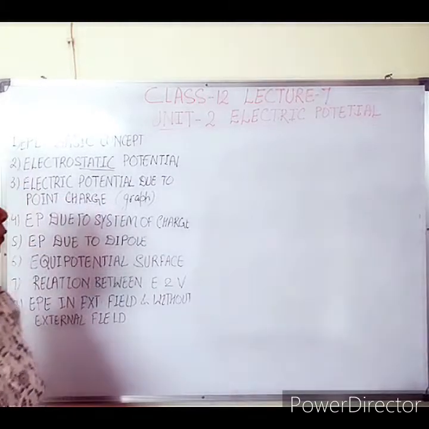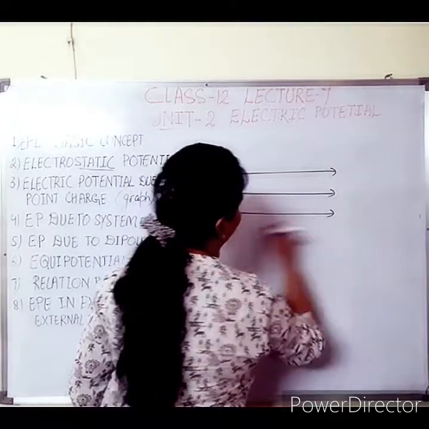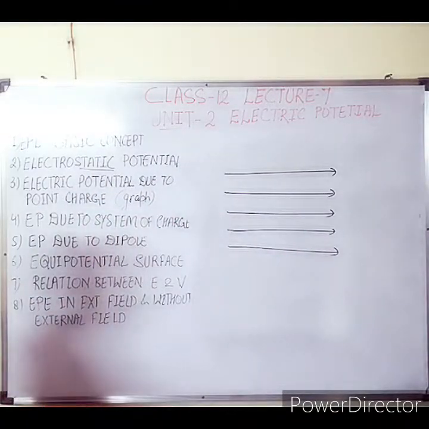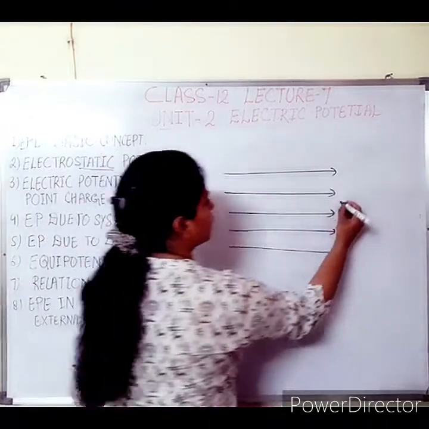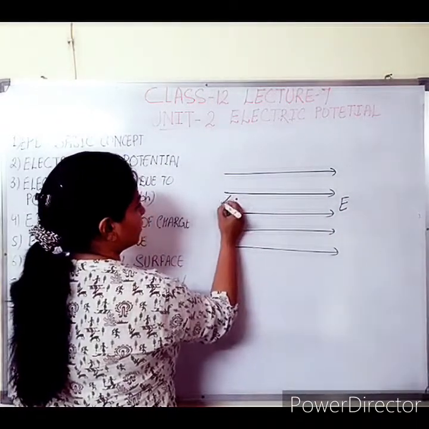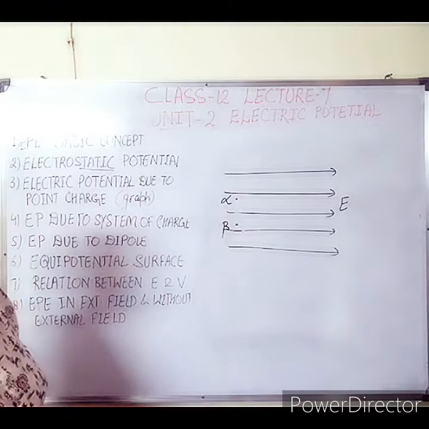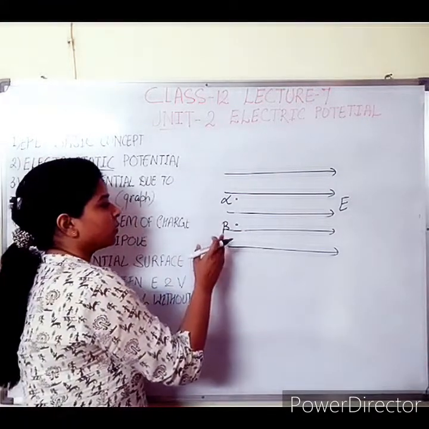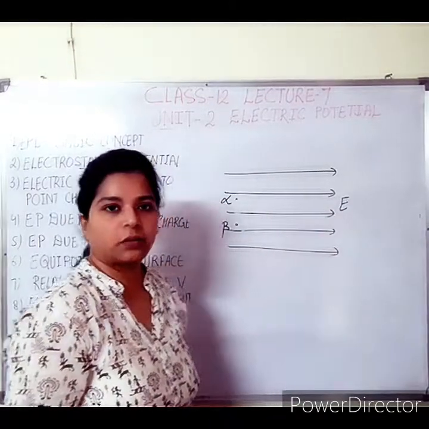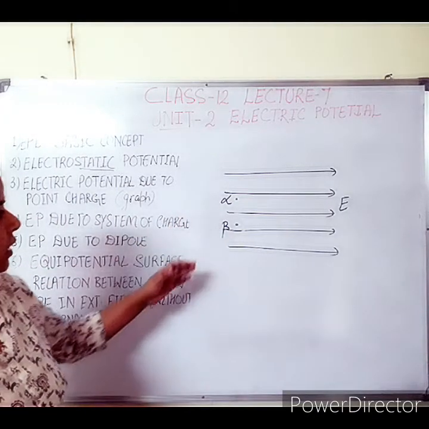Okay, come to one more case I want to give, because now I am in flow in this topic, so there are so many questions in my mind. I want to give some questions. This is a uniform electric field, and there are two charges, one is an alpha particle and one is a beta particle. You have to draw the direction of the alpha particle and beta particle in this electric field, and whether the alpha or beta particle will be accelerated or decelerated.